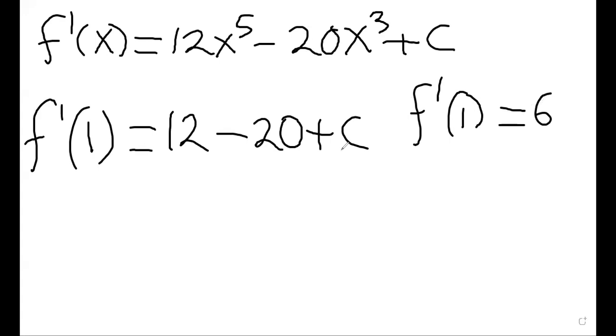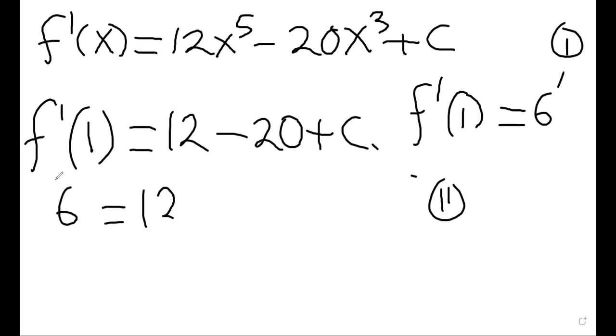So you have two equations. The first equation is f prime of 1 is 6. The second equation is f prime of 1 is equal to 12 minus 20 plus c. So you solve the two simultaneously. What you can do is get this f prime of x and replace it here. Since we are given that the value is 6, put a 6 where you're seeing f prime. So you're going to get 6 equals 12